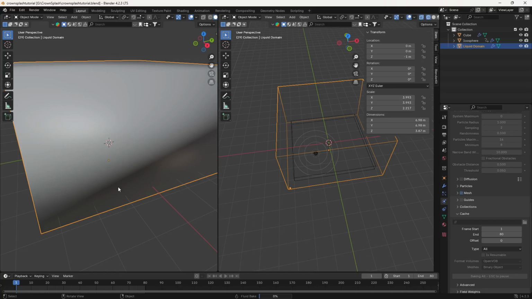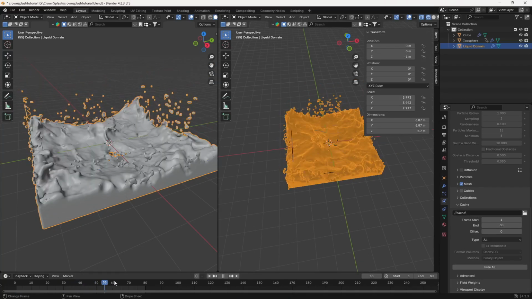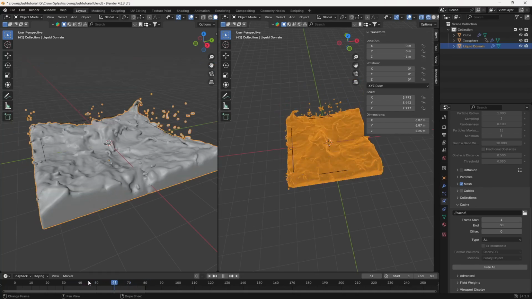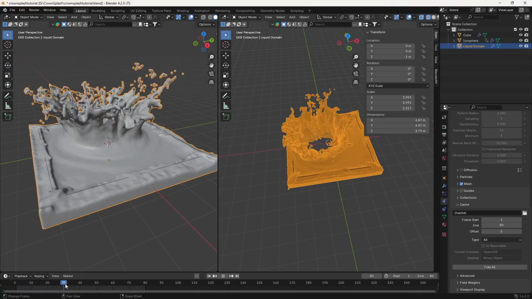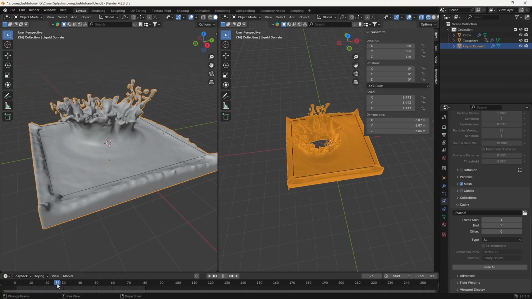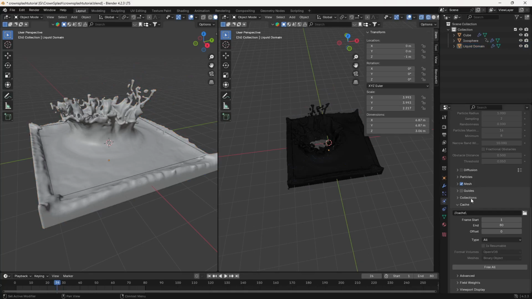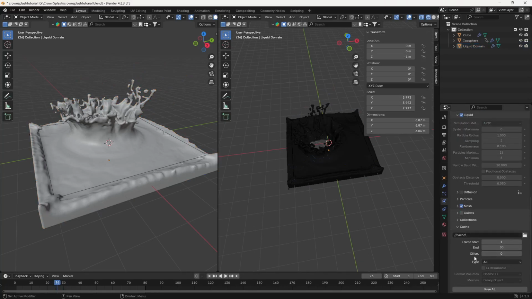So I'm going to be back once this is done. Now the baking is done and you can see the result here as well. You can see it settling here. Okay, so we are getting somewhat of a result like this. We are getting some really good splash results here as well. You can see all the parameters are grayed out because we have basically baked this out. It took around 10 minutes to bake this simulation.